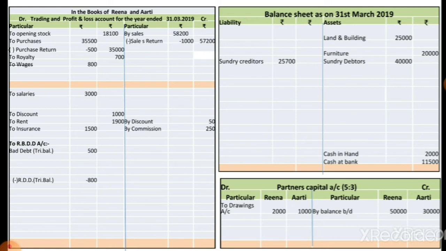We recorded the one effect of each item in the final account. Now we see the adjustments. Every adjustment has two effects. We already know that. Now we record both effects of these adjustments, step by step, one by one. First adjustment is the closing stock, which is valued at rupees 22,000. We already discussed that its first effect is recorded on the trading account credit side as by closing stock, directly in the outer column 22,000.